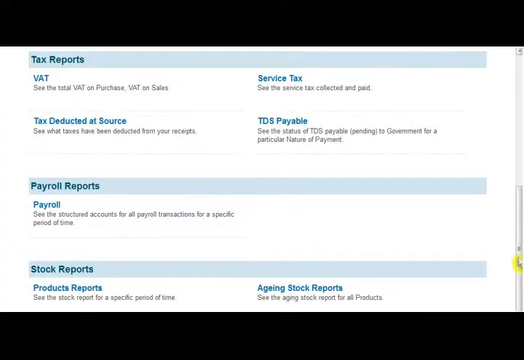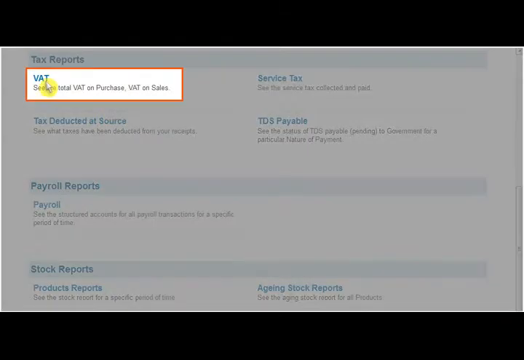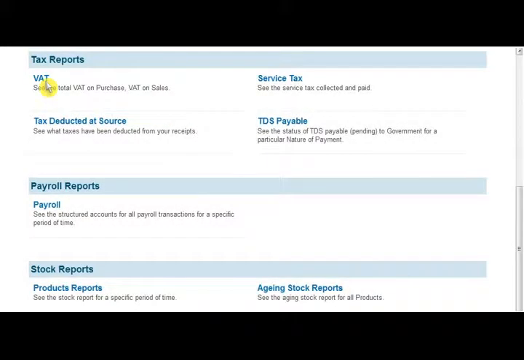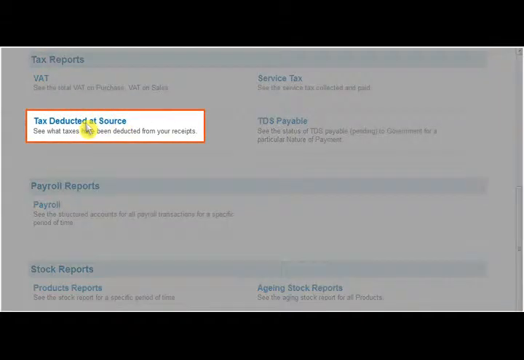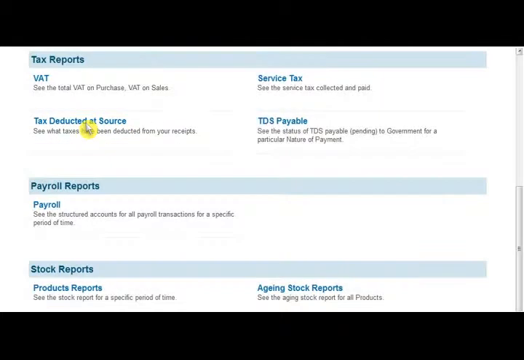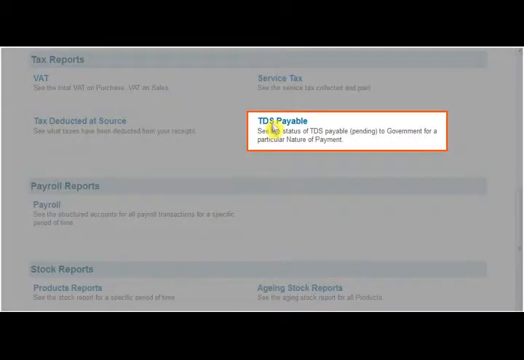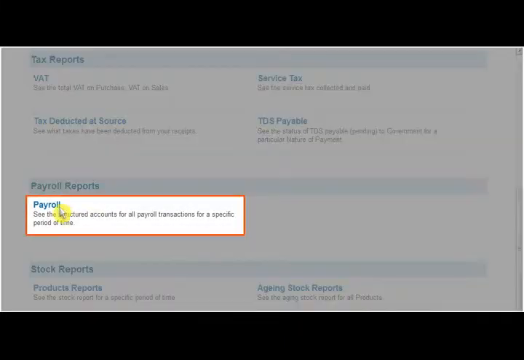Tax report gives the various comprehensive reports such as VAT, service tax, tax deducted at source, and TDS payable. Payroll report gives you the structure of the various transactions of payroll.